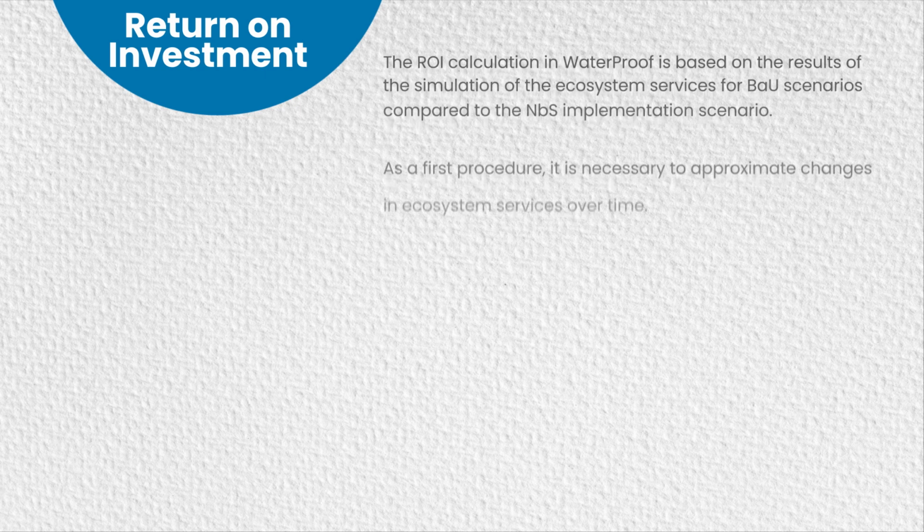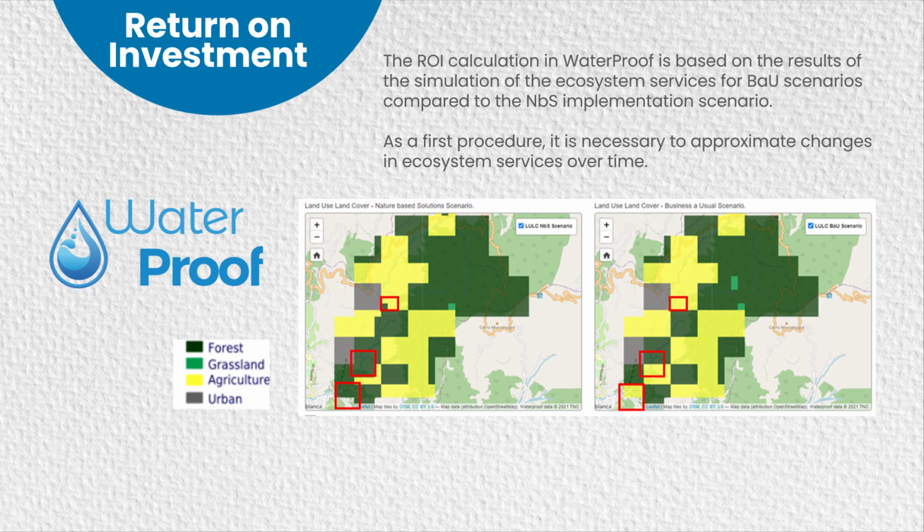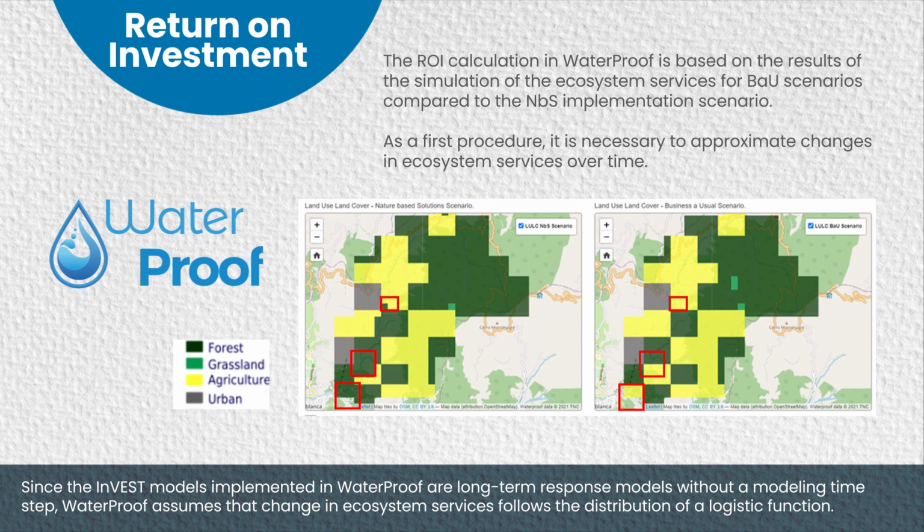Then, the return on investment calculation in Waterproof is based on the results of the simulation of the ecosystem services for business as usual scenarios, compared to the nature-based solutions implementation scenario. As a first procedure, it is necessary to approximate changes in ecosystem services over time. In the graph you can see with the red boxes the coverage changes that can be achieved with the implementation of nature-based solutions. This is achieved thanks to the use of the InVEST model